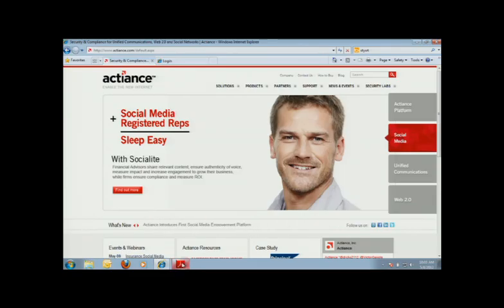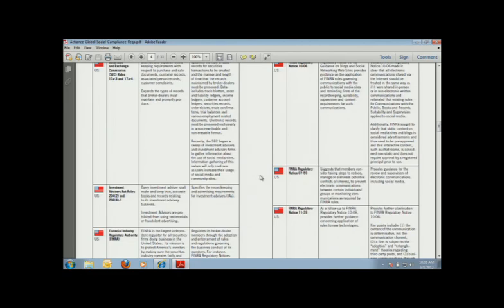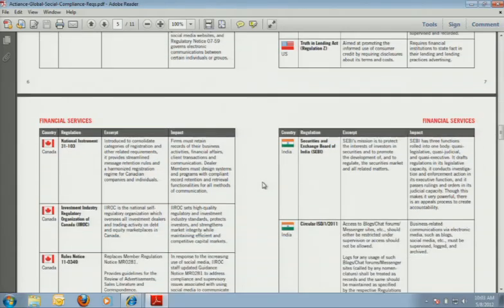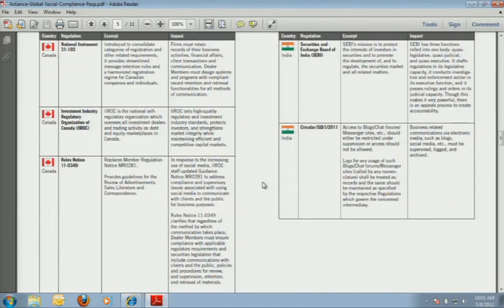Actiance helps organizations to manage, secure, and ensure compliance across unified communications, Web 2.0 applications, including blogs, wikis, and social media. And social is what we're here to talk to you about today. Here in the financial services industry, we face some unique challenges when it comes to social, not least the regulatory guidelines from FINRA, the SEC, and other bodies around the world. Now, we've been helping financial services firms to enable the use of real-time communications for more than a decade. Today, we'll show you how we do that with social media.